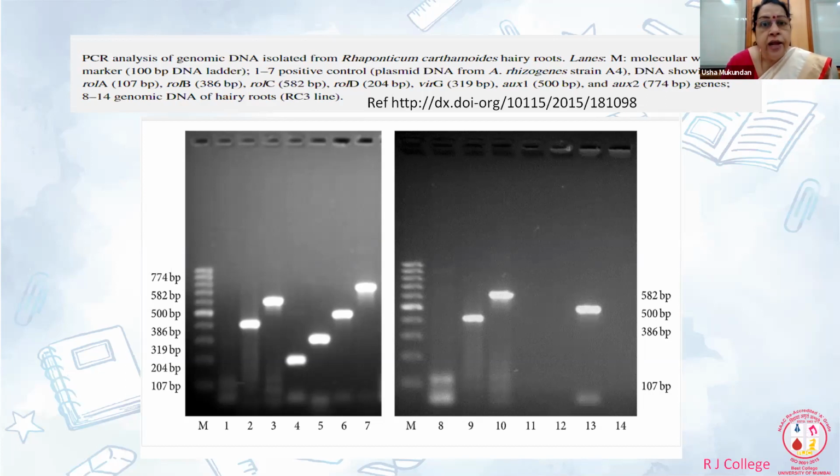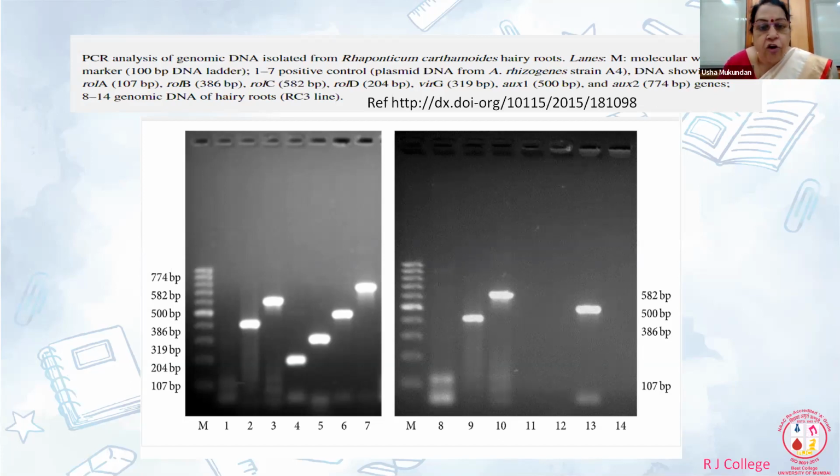Word of caution: while using ethidium bromide, gloves are essential, protective glasses are essential, because ethidium bromide is a mutagenic agent. Now when you observe the gel using a UV transilluminator, then fragments of DNA will be observed as bright fluorescent bands. These can be photographed.